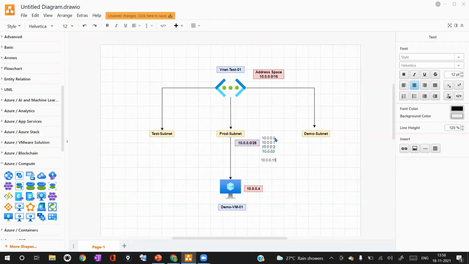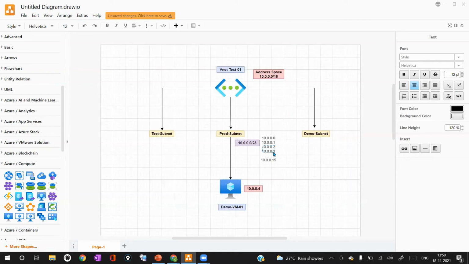So these 5 IP addresses will be reserved, and the IP addresses between this range, like 10.0.0.4 and the last IP of this range, which will be 10.0.0.14. So those are the 11 IP addresses which we can use for the VMs or any components to